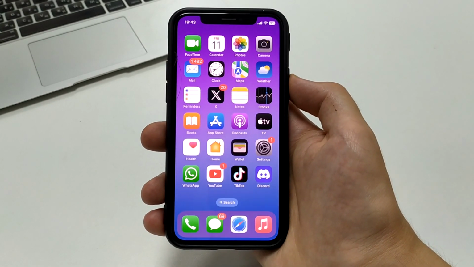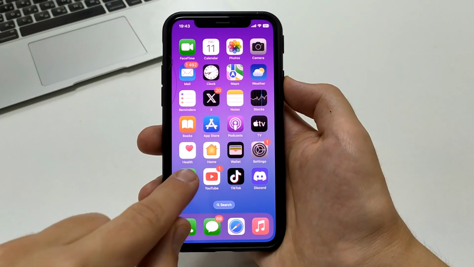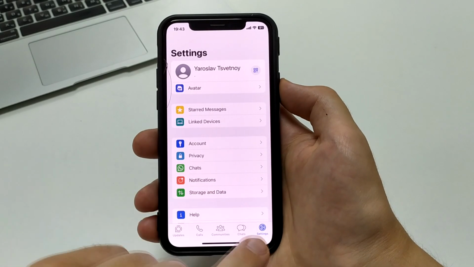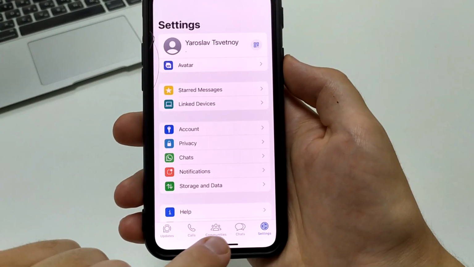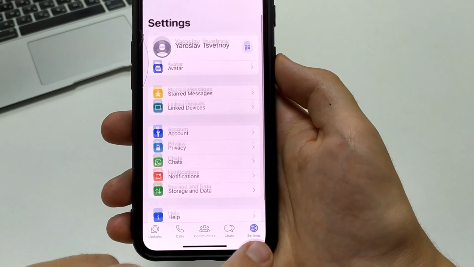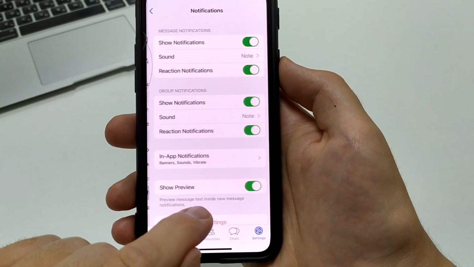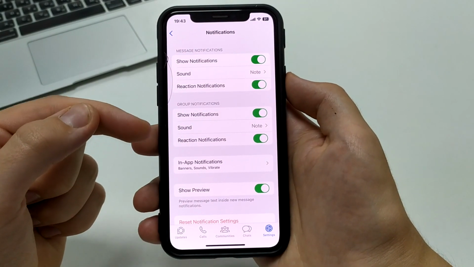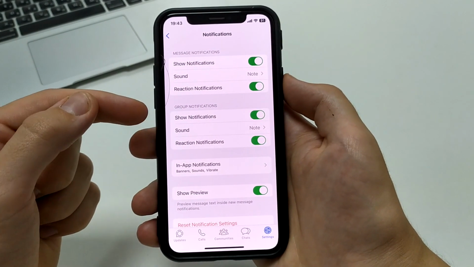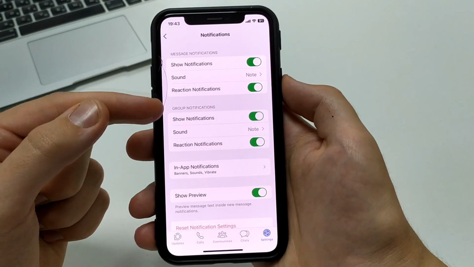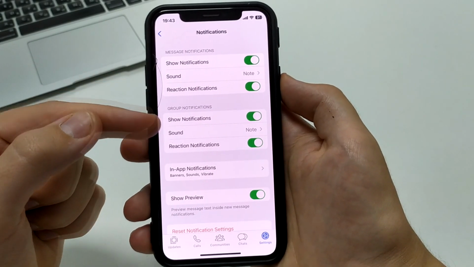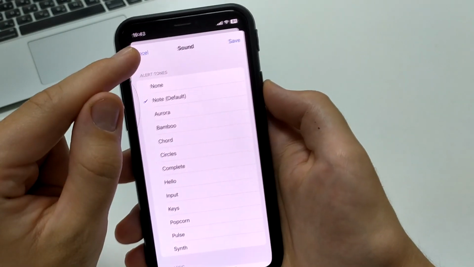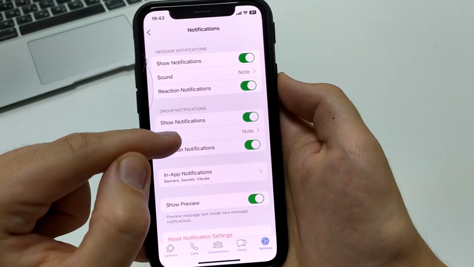Let's get started. For this we need to go to WhatsApp on our iPhone or Android. After that here we have calls, contacts, chats. We press settings to open notifications, and as you can see, there is no setting here where we can set the ringtone. But we can change the notification sound and group notification sound. For this we need to click here. Here is sound, and here choose from the below mentioned. Also go to group notification sound and also change something here.